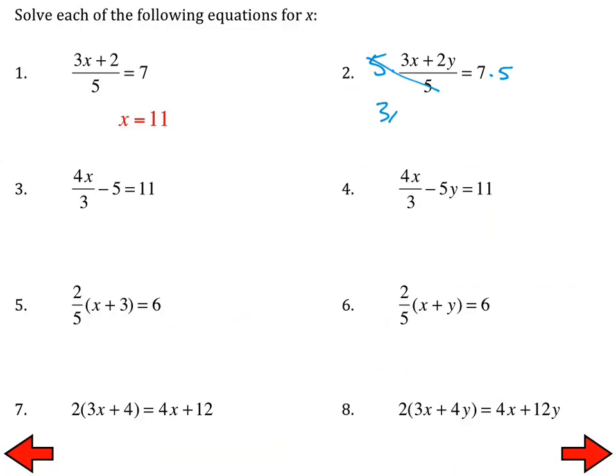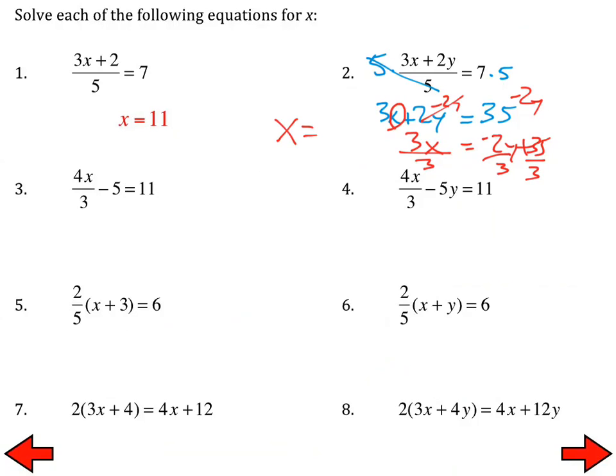And so we have 3x plus 2y equals 35. And now it's exactly like a problem that we did yesterday. Remember, we are solving for x. So I need to subtract 2y from both sides, which gives me 3x equals negative 2y plus 35. And then we should divide everything by 3, and that would give us x equals